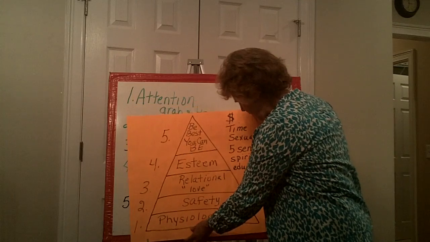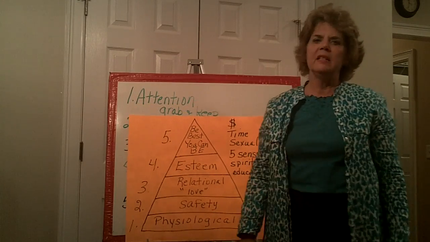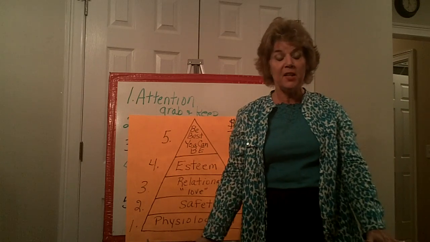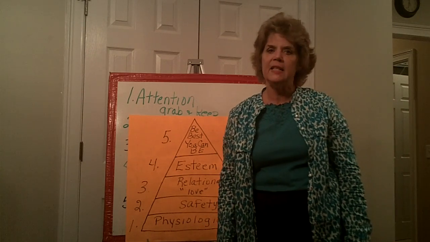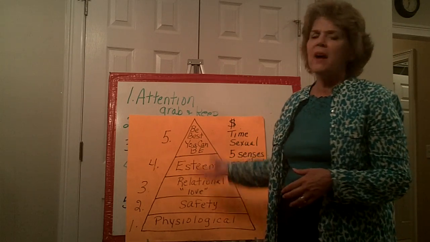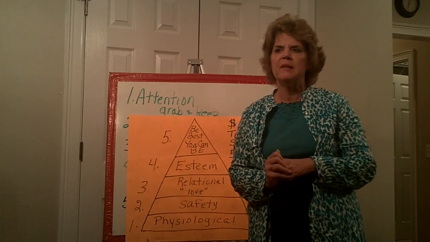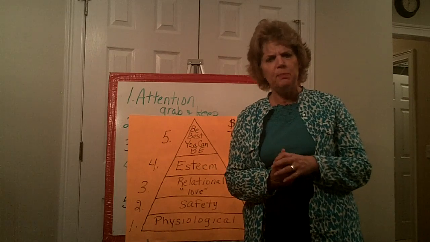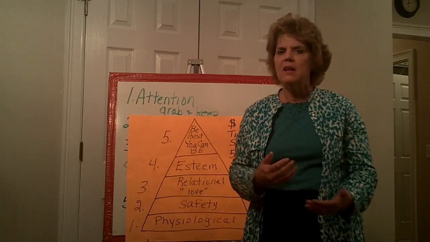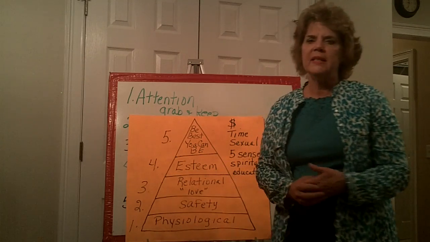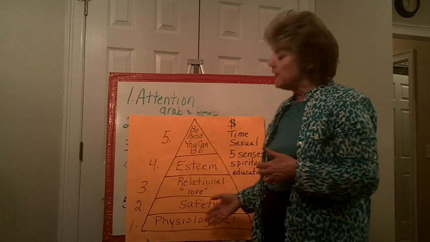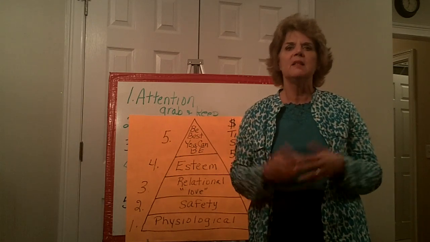In comes our second theory, which is Maslow's hierarchy of needs. Abraham Maslow developed this theory in 1943. So again, this theory's been around a long time. There are parts of the theory I'm not really thrilled with. Have you ever heard the statement, eat the fish and spit out the bones? Well, there's a little bit of this theory I don't really like, because Mr. Maslow was a humanist and he didn't have my worldview. But there's many elements of this theory I do like, so I've kept it, and we're going to use it